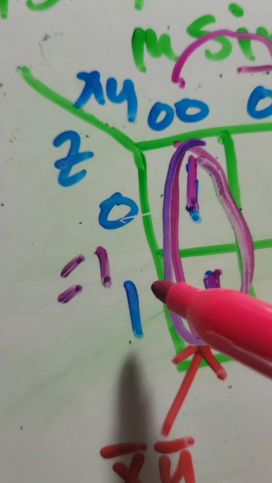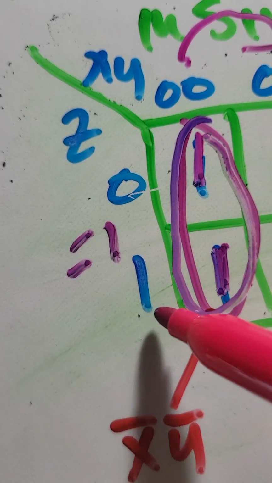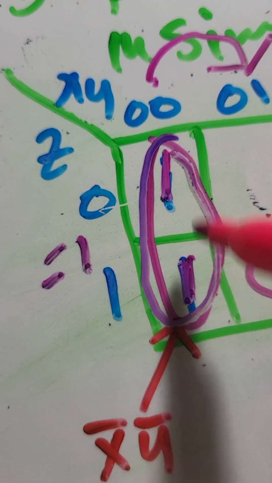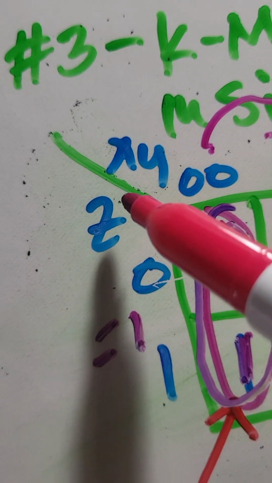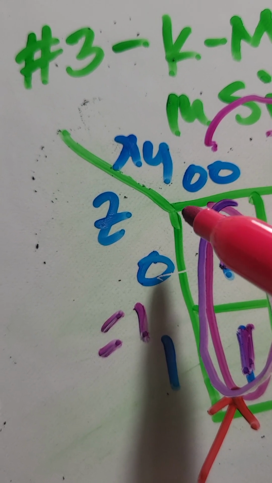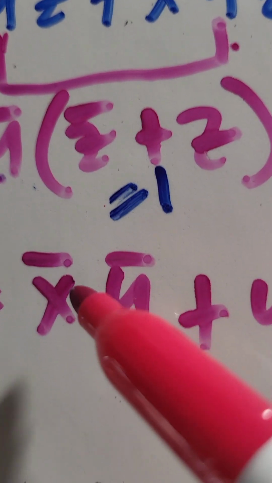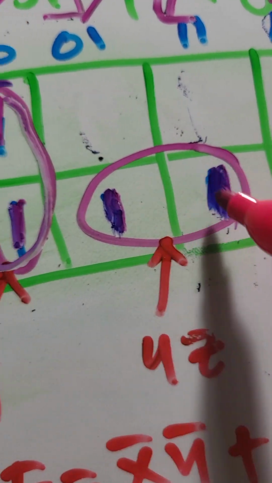So same this one. Z is 1, z is 0, z is 1 on these two quadrants here. So that is equal to 1. So the remaining here is xy, but since it is 0, that's why x bar, y bar. Now the next pair here,